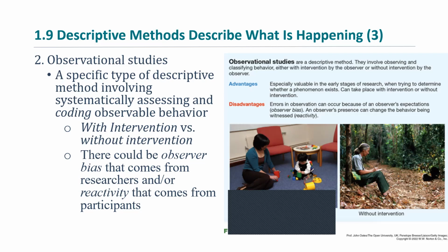So there'll be a certain number of behaviors on my code sheet where I can quickly make little check marks, or I might have certain letters to describe the action, like maybe a push is a P and a kick is a K. It's a shorthand way of gathering information quickly because there might be a lot happening. So you can't sit there and write out paragraphs about what's happening. Okay,